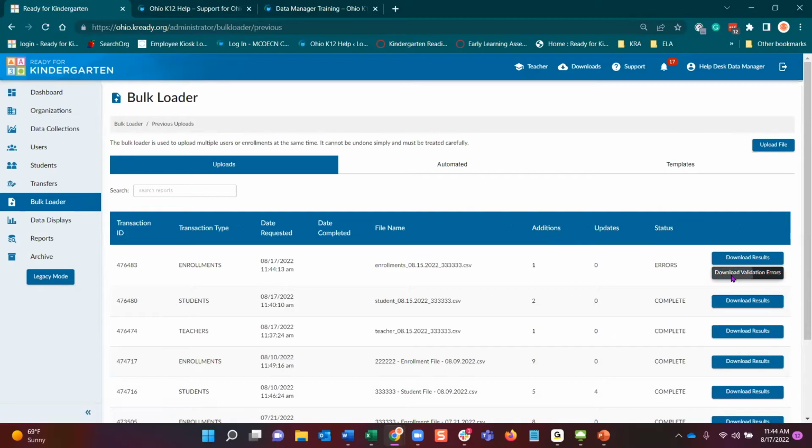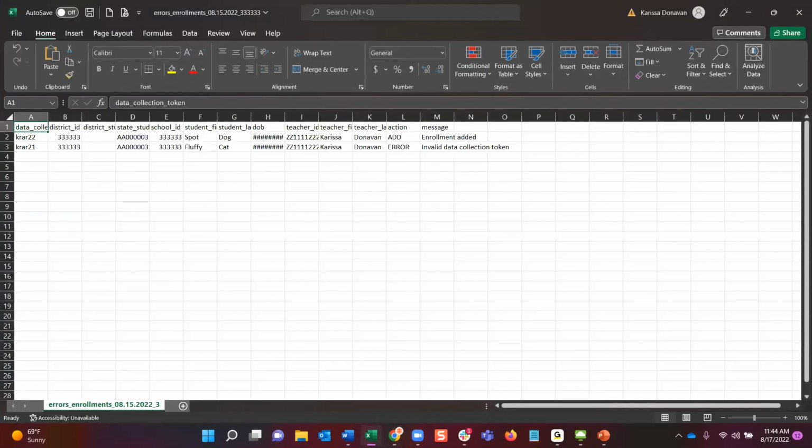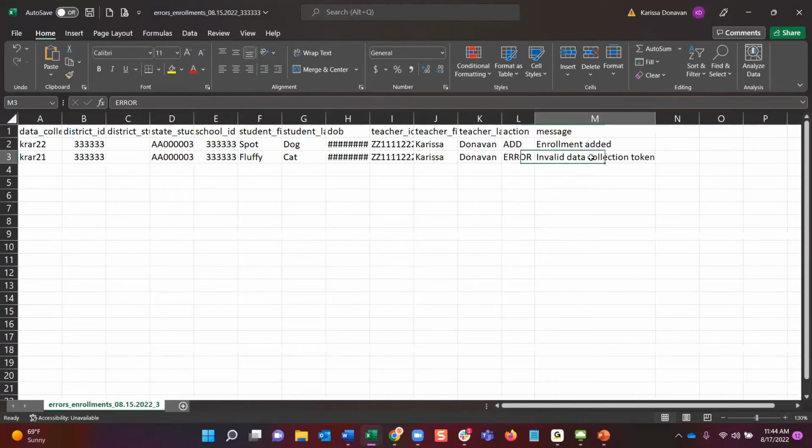So select your download validation errors. When that pulls up, open that up. And what it's going to show is 2 extra columns: what happened, what the action was. Okay, so this one was added. The second one, you're going to see the action is error. And the error is going to be in this message here, invalid data collection token. Oh, so when I dragged it, it added, or,